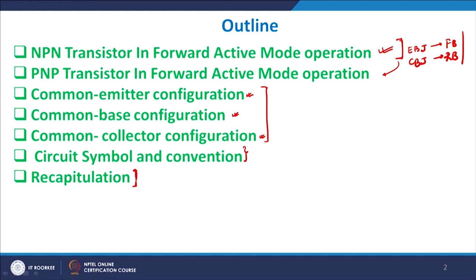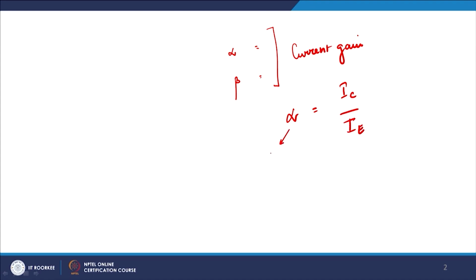Now, if you remember the previous discussion, we had encountered 2 important terms. One was known as alpha and another was known as beta, right, and both, if you look very carefully, were actually current gains. Alpha was defined as IC by IE. So, this is basically your common base current gain,